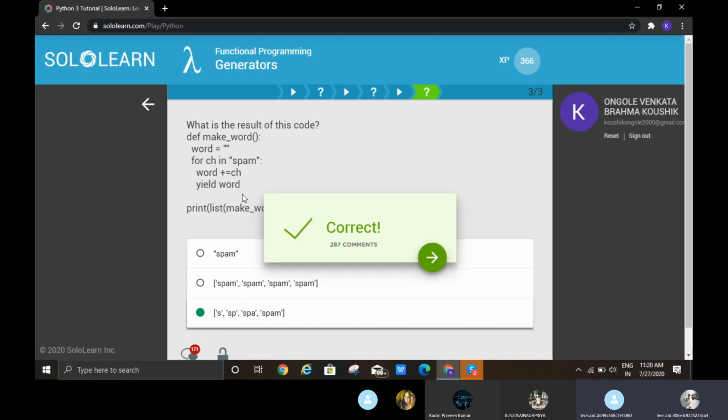It will print each word, right? First S, next SP, SPA, SPAM. Here word plus ch.